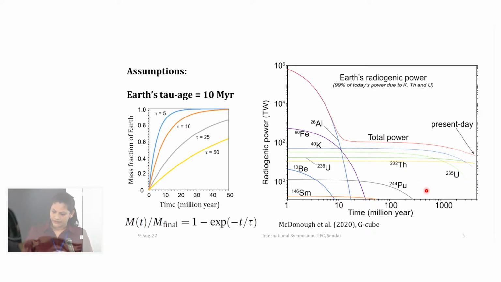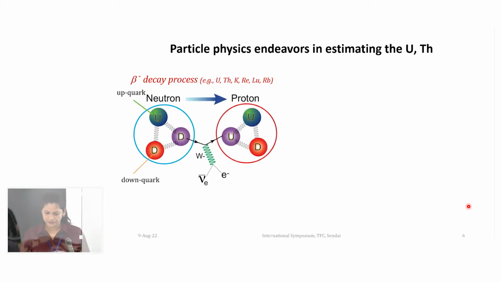And again, relatively, uranium, thorium, and potassium contribute 99% of the total power for the present day. And among them, uranium and thorium are contributing the most. So that's why we are interested to understand what the uranium and thorium content in the Earth is. Particle physicists have put a lot of endeavor in the last 2 decades, where they have estimated the uranium,